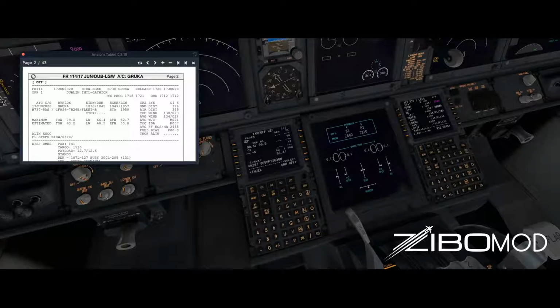I'm going to round the fuel up. And there we go. So, you're getting a flap 5, 22k,